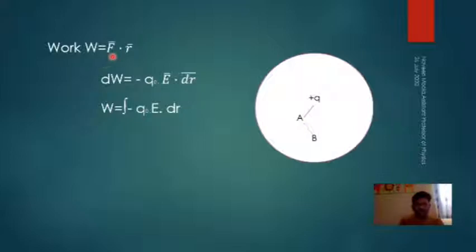Work is equal to force multiplied by displacement along that force. The force at point A is Q naught E, as per the definition of electric field intensity, where we derived F is equal to Q naught E. And from A to B, the electric field is changing. It is not fixed. So to calculate in such conditions, we use integration.